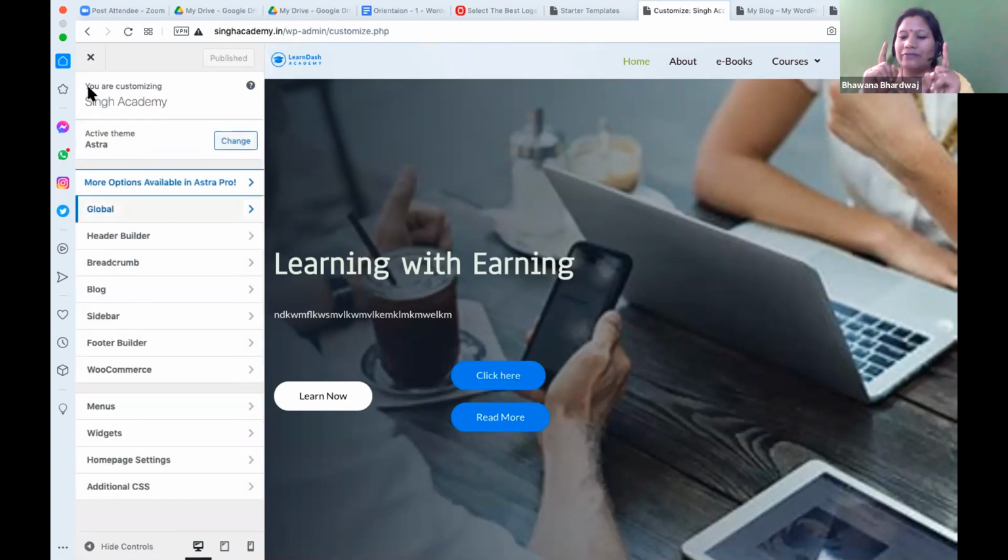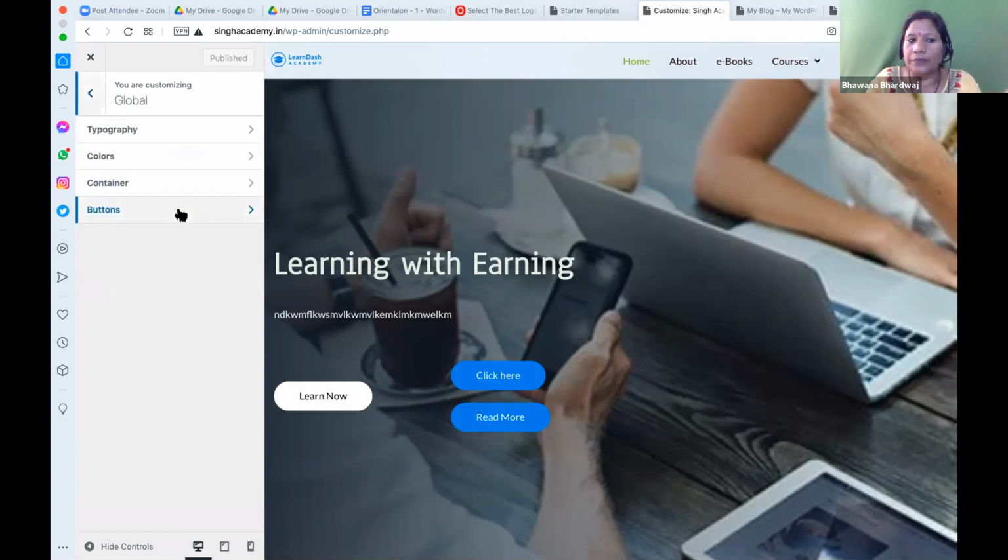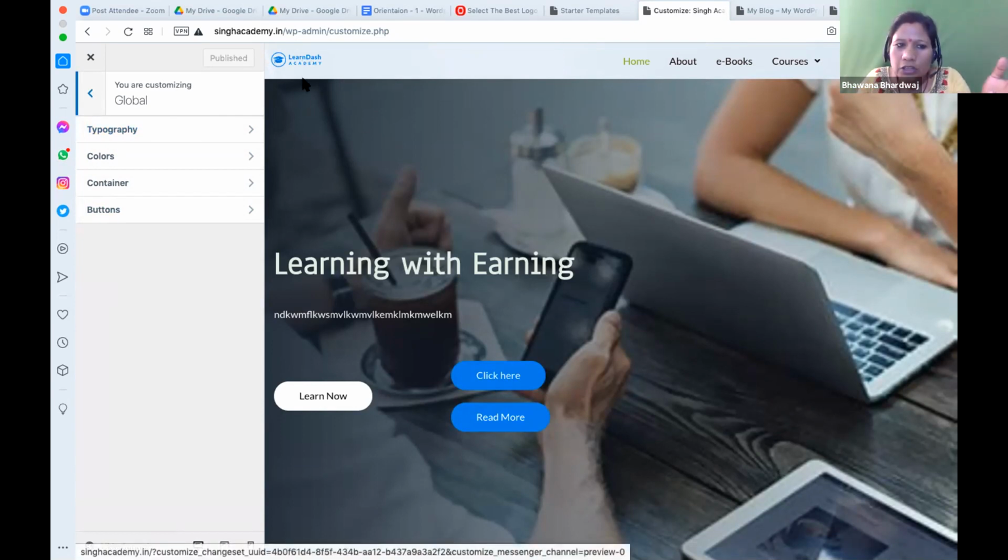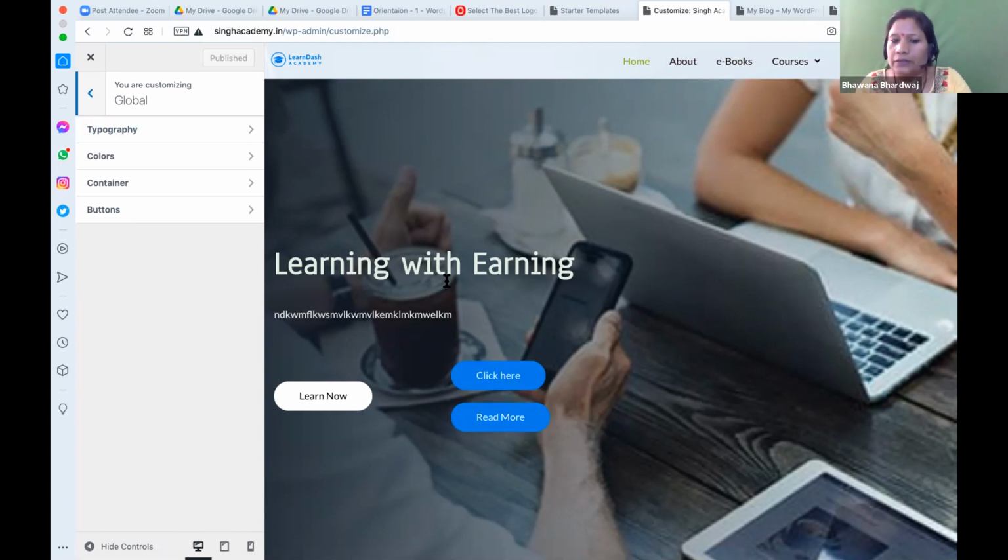Okay, I will explain when we start with the logo. Whatever color combination we decide in our logo, that color combination we will apply on our website. So it is a typography. Let's suppose my colors are orange and blue. So all my buttons can be orange. Can you see that your logo is blue and all the buttons are blue? Yes. So in the same way, whatever color combination you have in the logo, that color combination should reflect on your website.